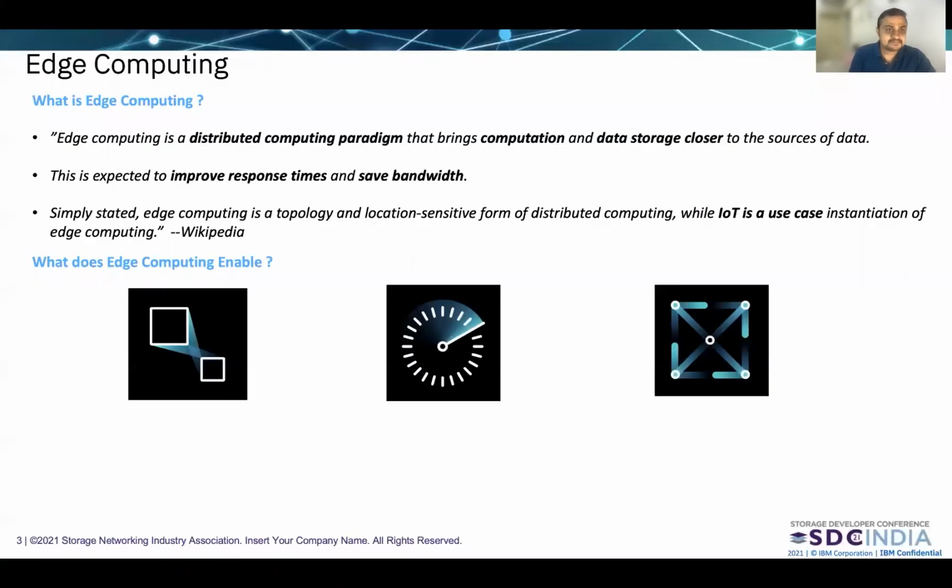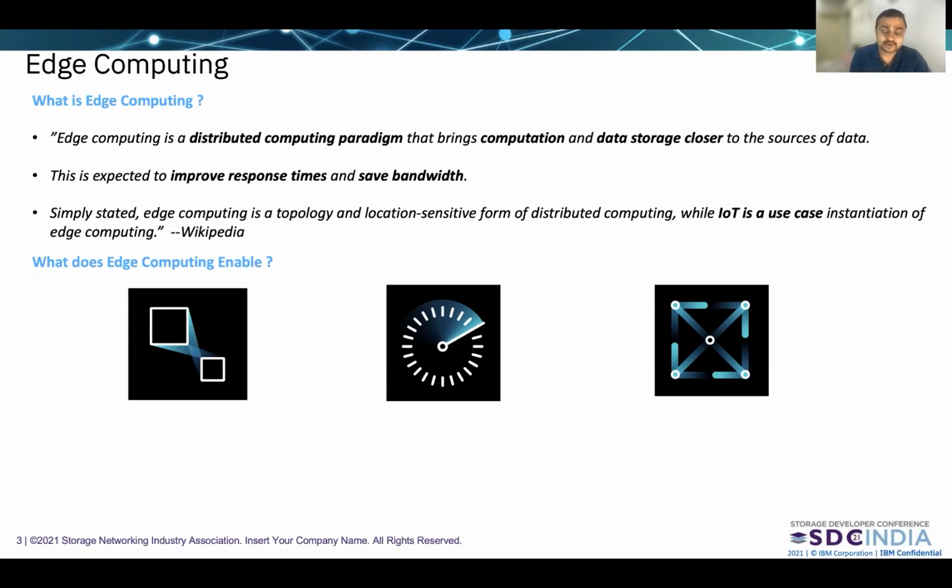So let's get started. What is edge computing? Now, essentially, there are a lot of vendor-specific definitions of edge computing. So I thought we should pick up a vendor-neutral definition, which is from Wikipedia. It says, edge computing is a distributed computing paradigm that brings computation and data storage closer to the source of the data.